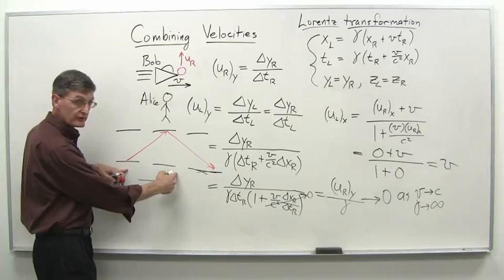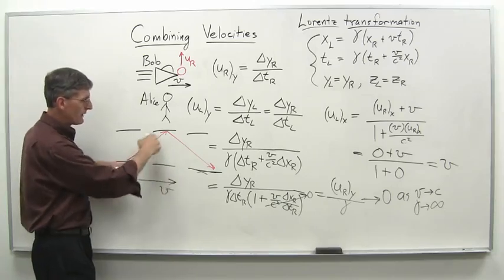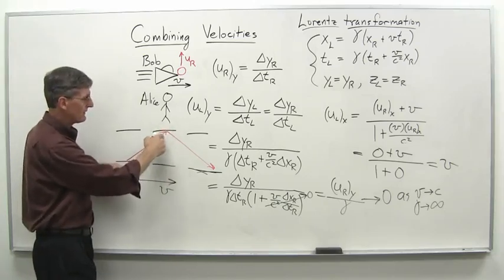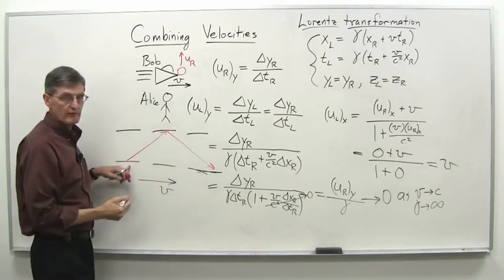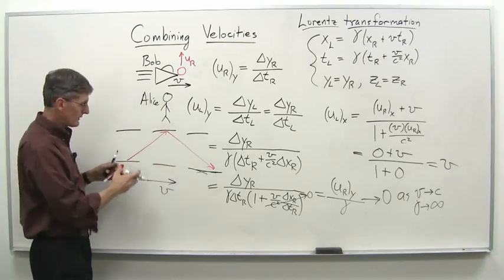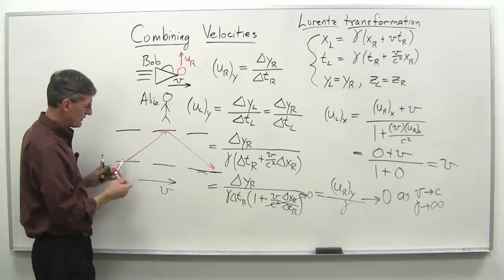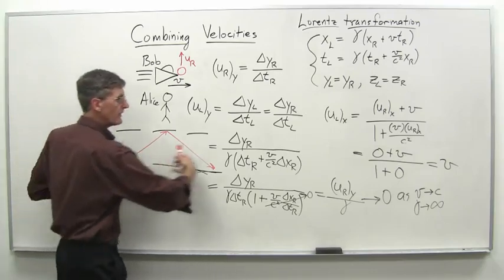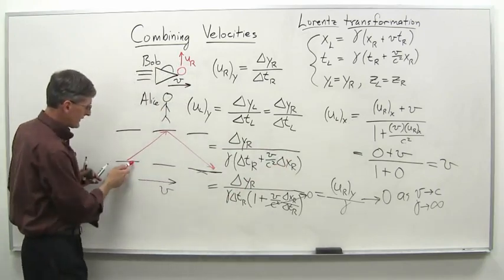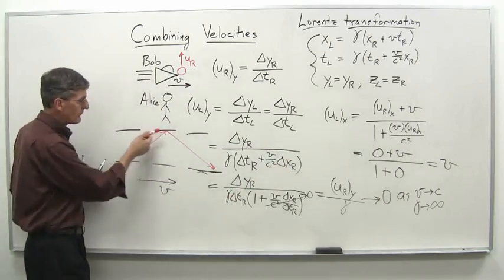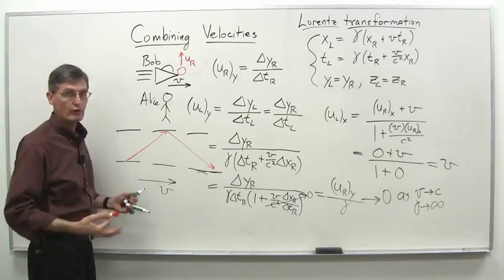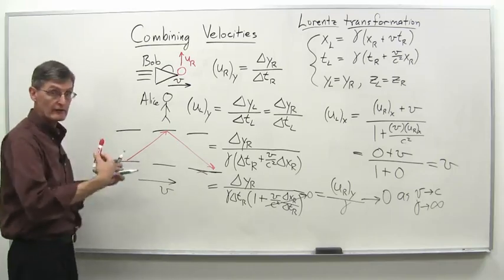Because if this gets close to c, then this light beam has to travel too far to the upward mirror, and by the time it essentially gets there, the mirror would be farther away. And in fact, as it gets very, very close to c, this triangle gets very, very elongated, and this light beam never gets up to that top mirror, and it's frozen. The light clock, as Alice would observe it,